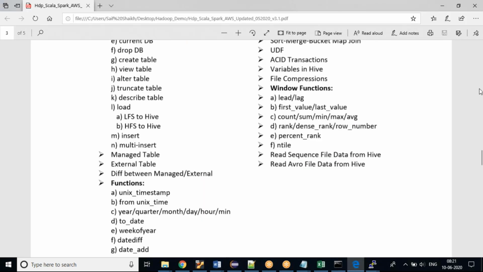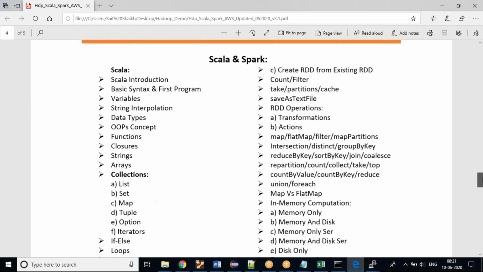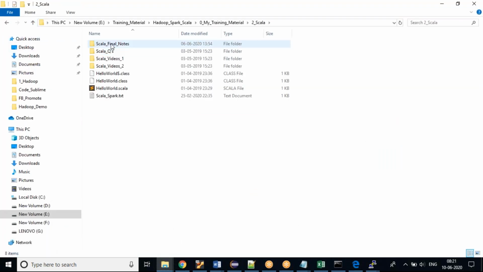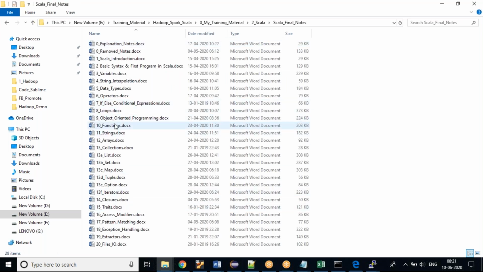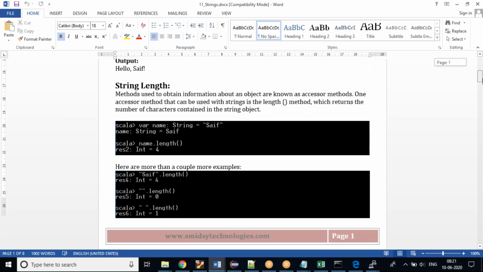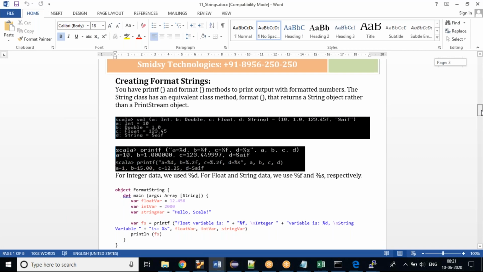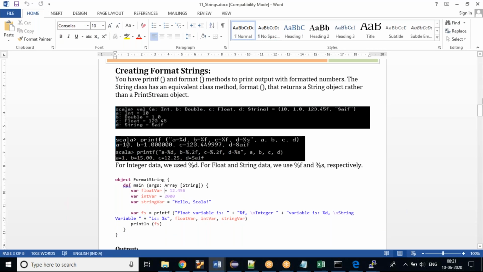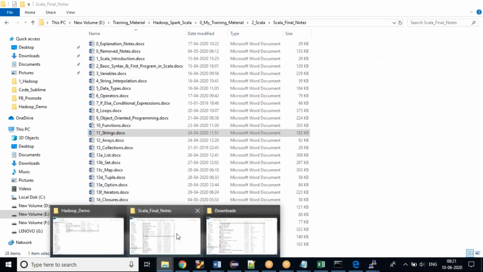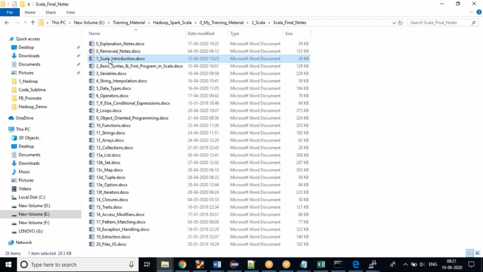Then after that, we would be moving to your programming concepts, that is Scala. Again, I have all the documents documented with screenshots. If you go to the final notes, there are so many things. I'll just pick anything. Let's go with the collections because these are pretty much used. I'm explaining the REPL mode and also the Eclipse mode. We can practice both as we become comfortable and proficient. All the topics are taken care of over here. We'll start from the introduction and move to exception handling, the objects, how to do functional programming, how to do the loops, how to do the collections.